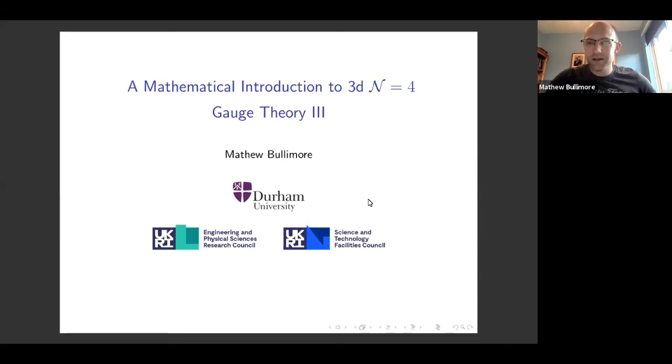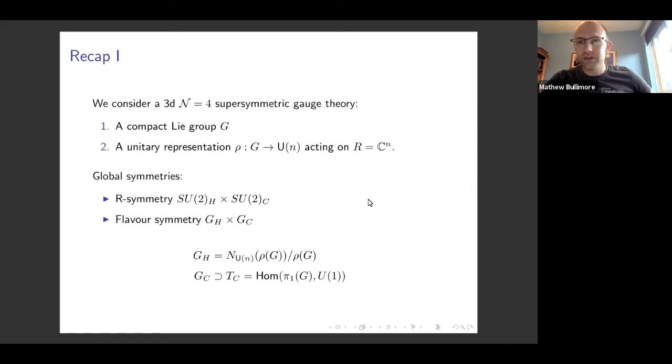So I'd like to begin, as I did last time, with a quick recap of things that I said. So we were looking at 3D N=4 gauge theories. They were specified by 2 pieces of data. There was a compact Lie group, which was the gauge group. And then we specified a unitary representation, which is encoding the matter content, the hypermultiplets in the theory. There were some important global symmetries, one of which was the R symmetry, which is always SU(2) times SU(2). And then there's also a flavor symmetry, which